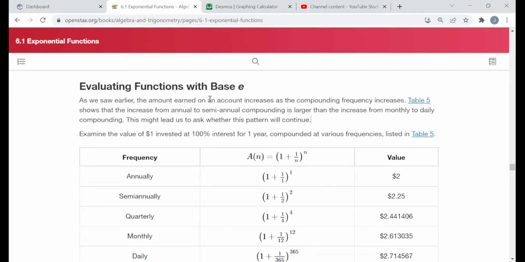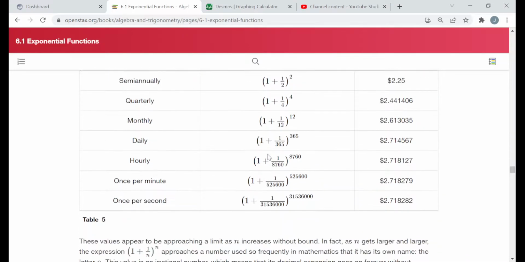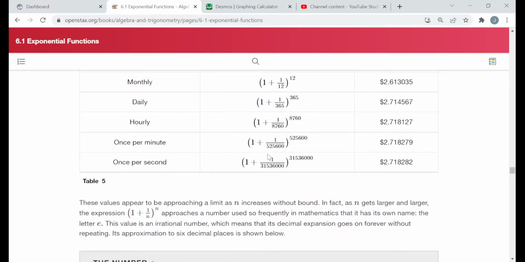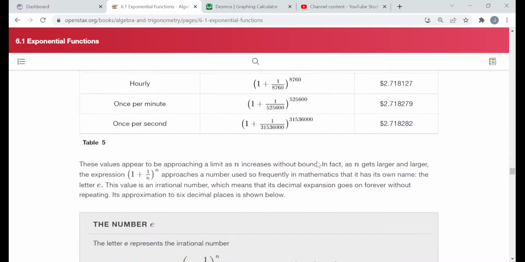So this is basically just an introduction to the number e. I know what you're thinking: e is a letter, but it represents a number, kind of like pi represents 3.14159 and so on. This is a symbol, e, for Euler's number. They go over a little description of how e came about. I can let you read this. All I really care that you know right now